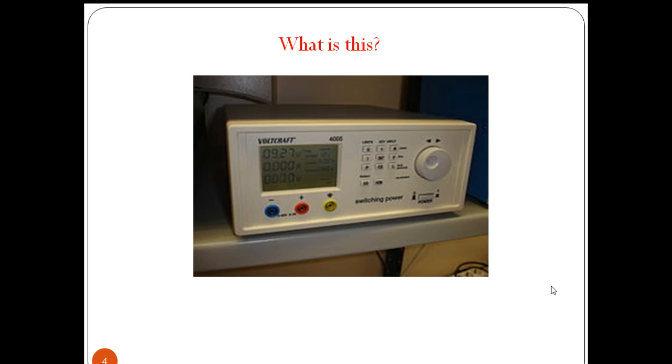Please all of you see this image, and can you guess what it is? Actually, it is a regulated power supply system. For this, we are giving input as AC, and through this cable, it is connected to a power card. This cable is connected to a socket, and we are getting AC, and this is converting that AC into the required regulated DC supply, RPS, by adjusting the value of this knob. We are getting the required voltage at the output of this RPS. So it is a regulated power supply.